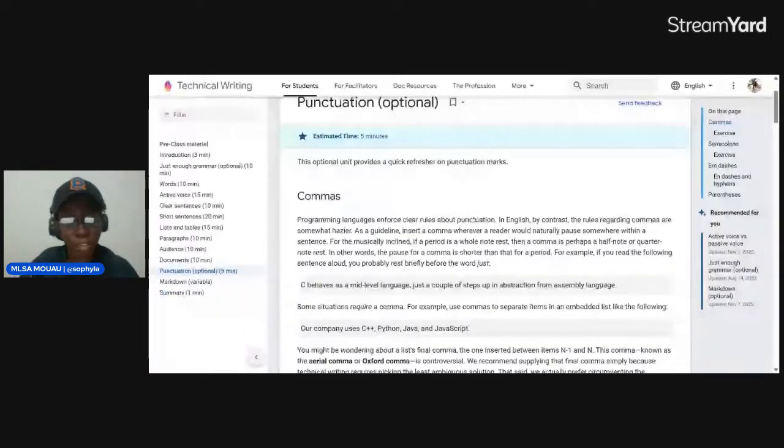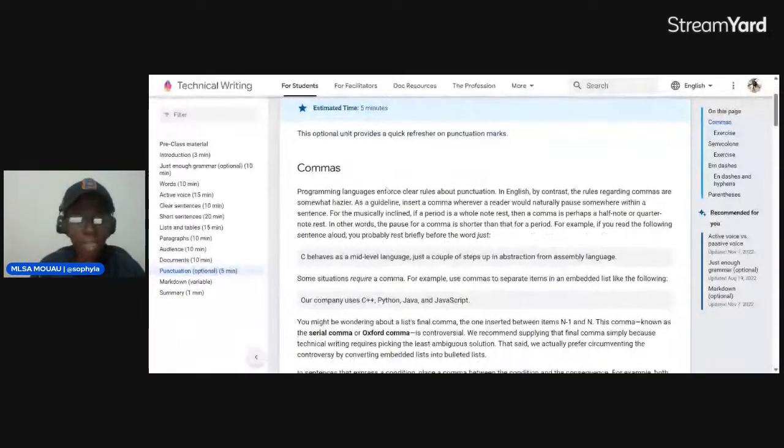On commas, it says that programming languages enforce clear rules about punctuation. In English, by contrast, the rules regarding commas are somewhat hazier. As a guideline, insert a comma whenever a reader would naturally pause somewhere within a sentence. Like, let's say you have a sentence like, Mary is a girl.